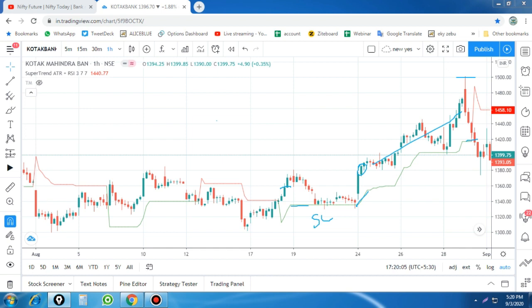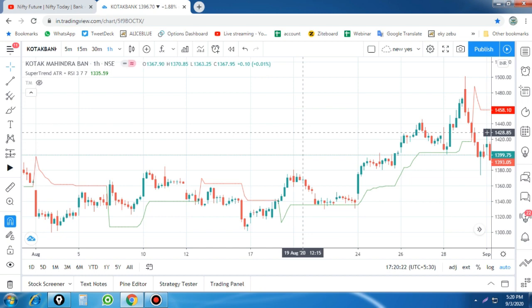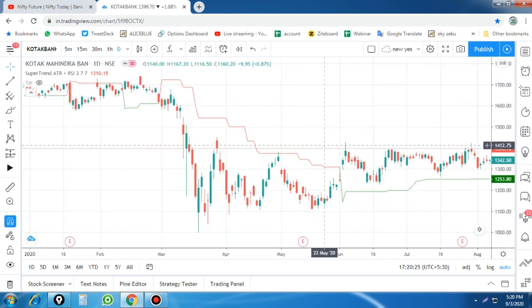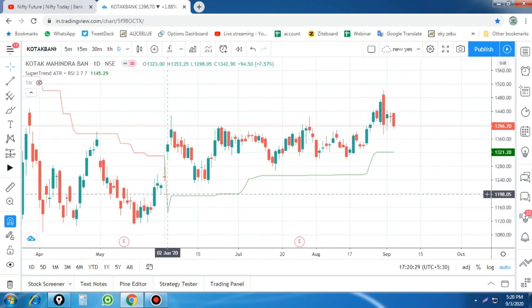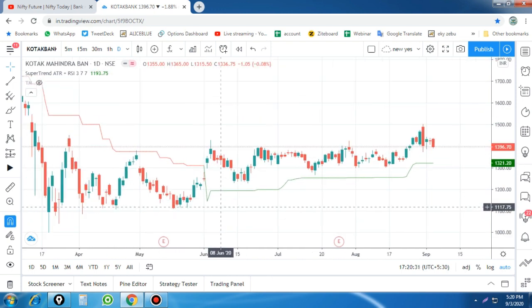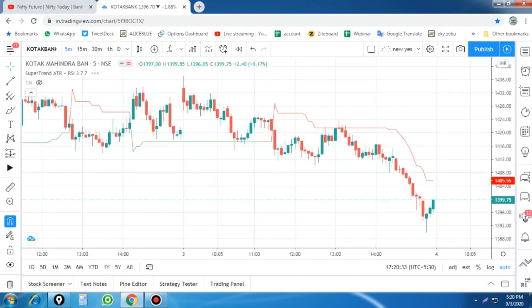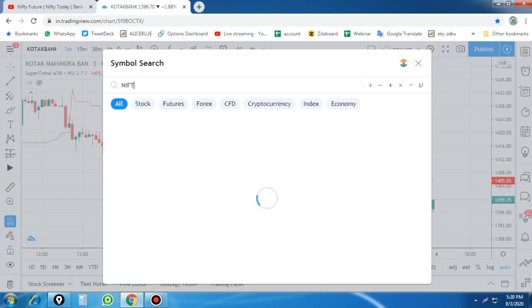Intraday has a lot of time to take the position, and in positional you have to carry your position, but for intraday you can focus on an intraday time frame, either 15 minutes or 5 minutes. But you get a lot of signals on the 5-minute chart, so you have to focus on that. Daily charts can also use this system, and it works very well on high volatile stocks as well as good momentum stocks. I will show you with the Nifty.